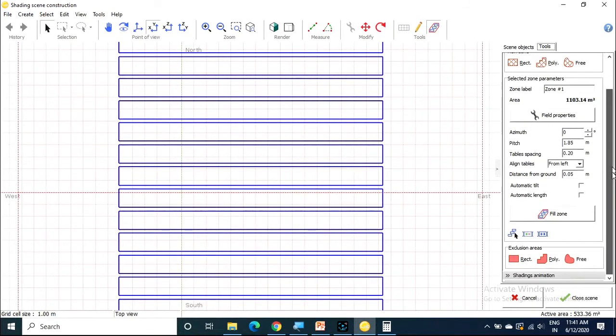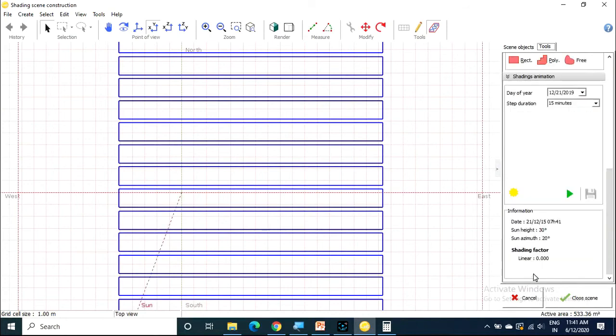so go down. There is an option, that is shading animation. This shading animation will show you how the sun position is changing from east to west. Sun rises in the east and sets in the west.